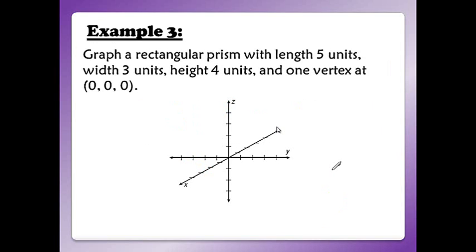In example 3, we're asked to graph a rectangular prism with length 5 units, width 3 units, and a height of 4 units. And it has one vertex at (0, 0, 0). Okay, I know I'm going to start at the origin. It's a rectangular prism, and I'm going to have my height along the z-axis. So I know I'll have a base that is a rectangle in the XY plane. If the base is 5 by 3 units, so it's 5 units long, 3 units wide,